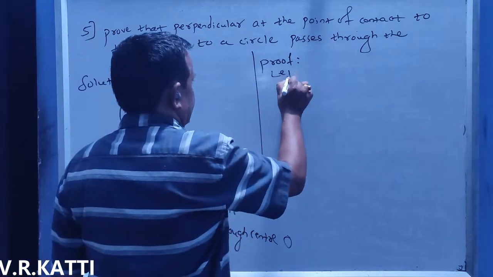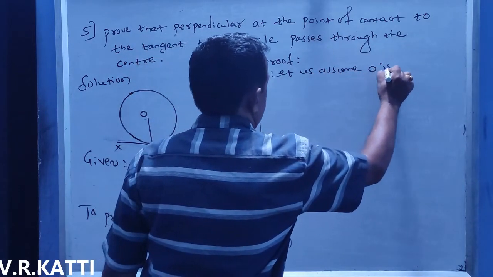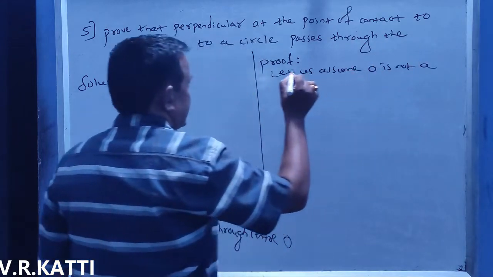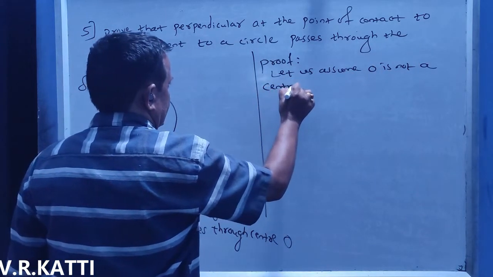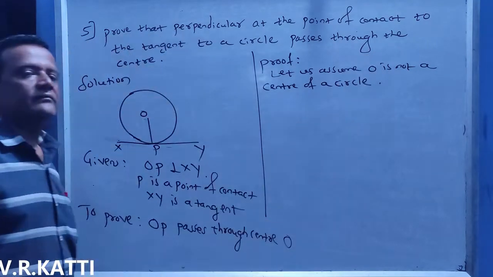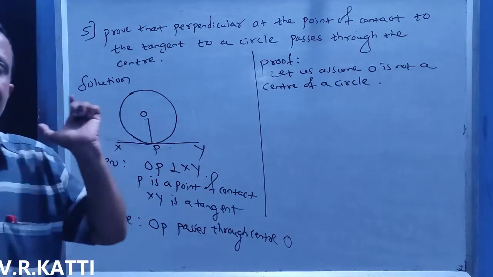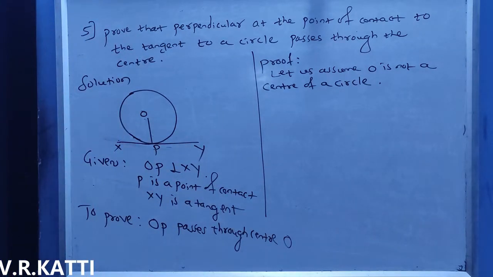Let us assume O is not a center of a circle. Then, if O is not a center of a circle,